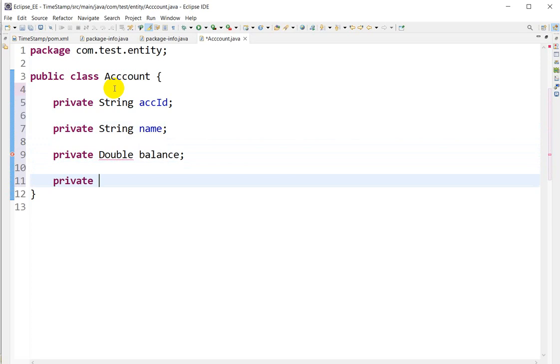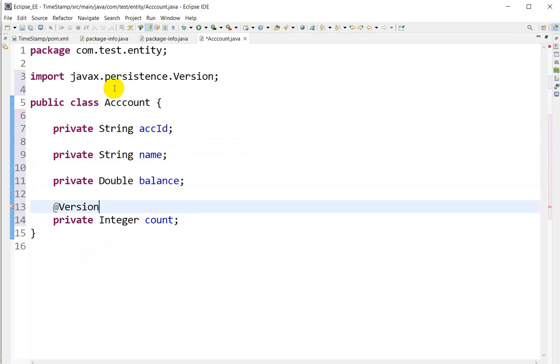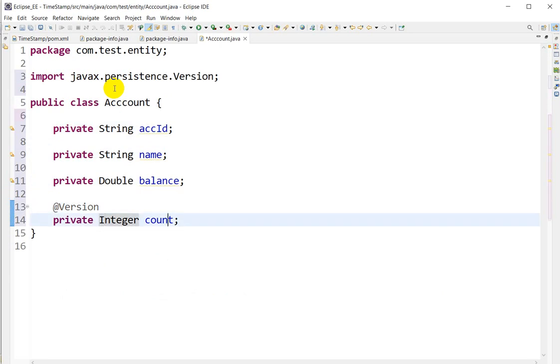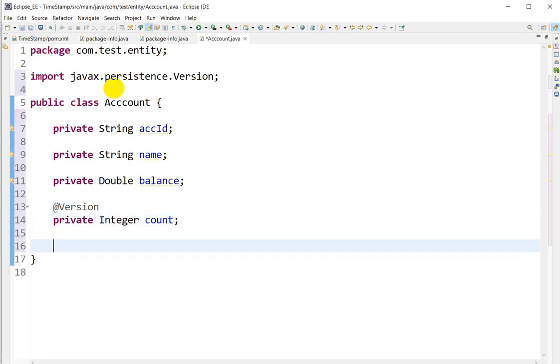Then next one we'll take an integer count, and here we'll take that as version, for versioning, that is how many times the record is updated. Next we'll store the creation time. So string creation time, let me see, here we have to take the data type as a timestamp,